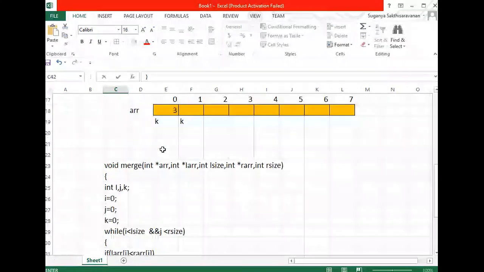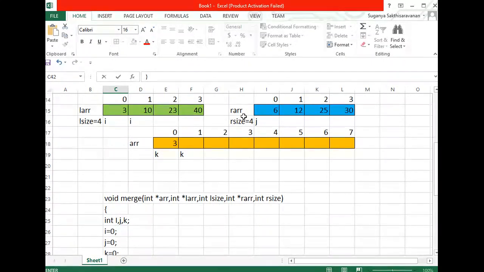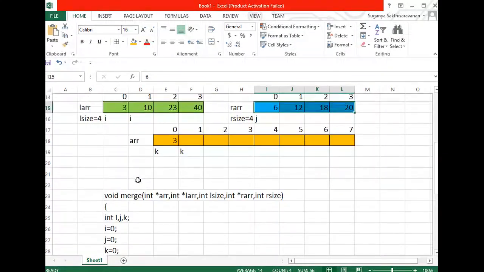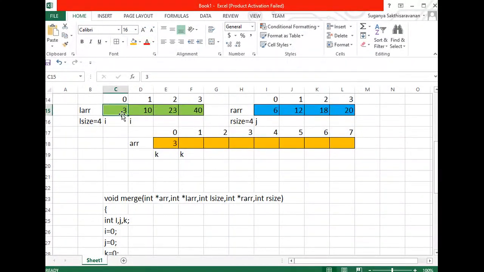So the same operation is going to happen. Let me assume some values, guys. For example, just ignore the previous one. What are the cases I told you? The values are 18 and 20. Let us assume this is a left array and this is a right array. So as per the logic we have written so far, we are taking this index position, we are taking this particular 0th value with 6.